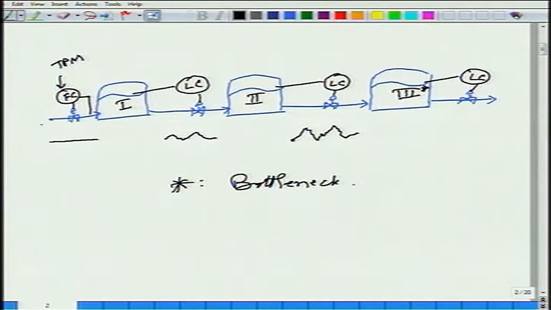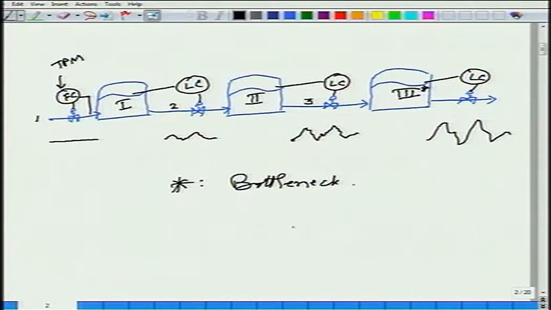So stream 1 is the calmest, stream 2 there is some variability, stream 3 there will be still more variability, stream 4 there will be still more variability. Yes or no? Usually this will be the situation. Exceptions are possible, but 90% of the time this is what will happen. Okay.